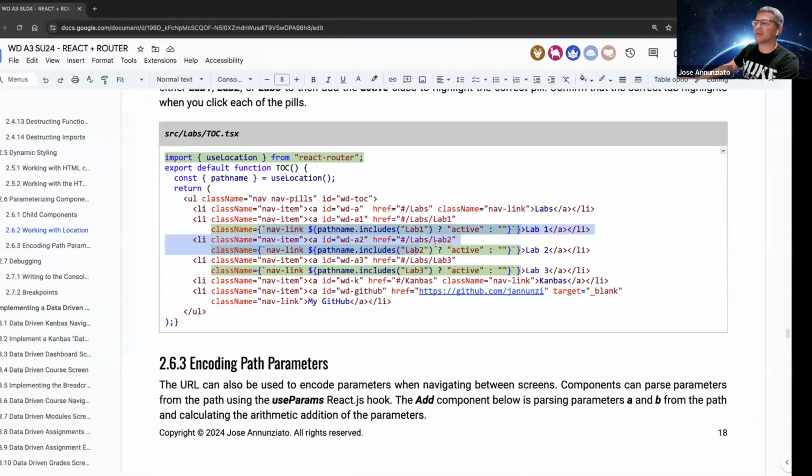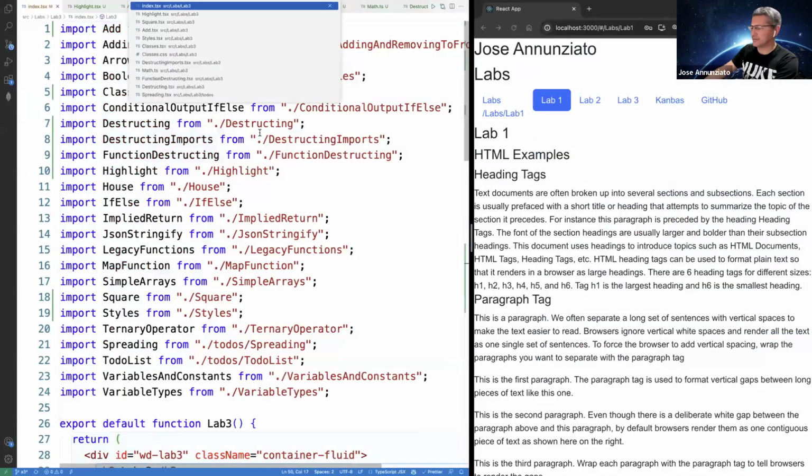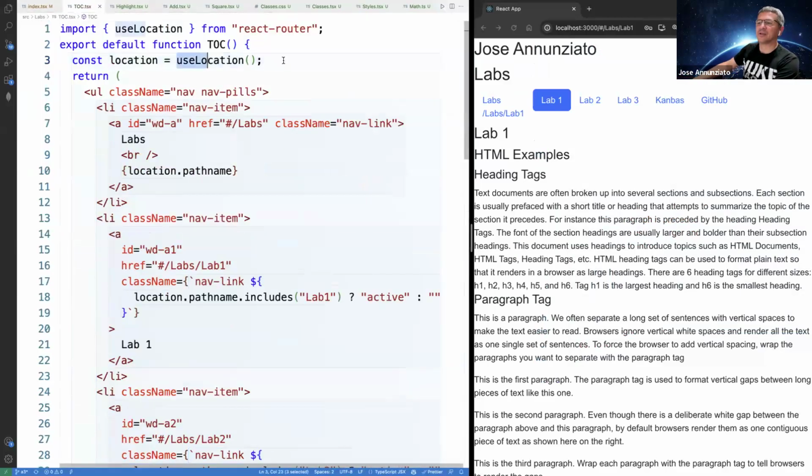So let's take a look at it real quick in the table of content, TOC. What we did is that we used the location function in the React Router library to extract the location. And then in the location, depending on the path name,